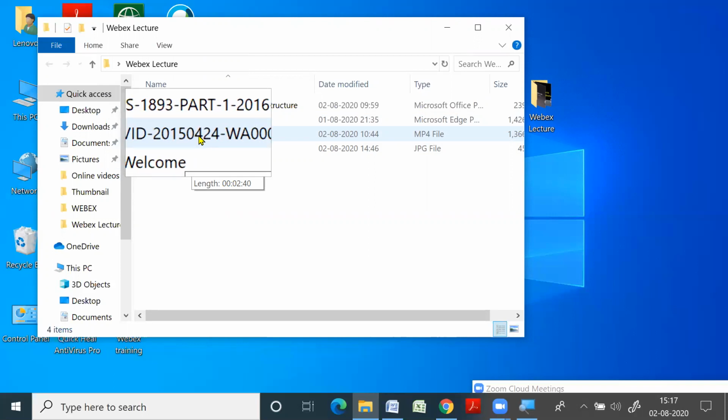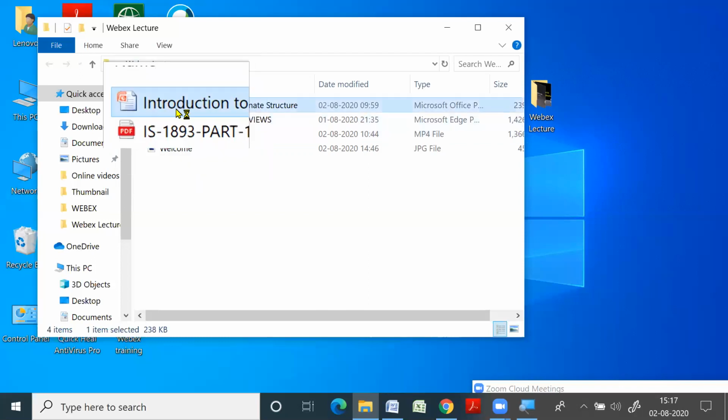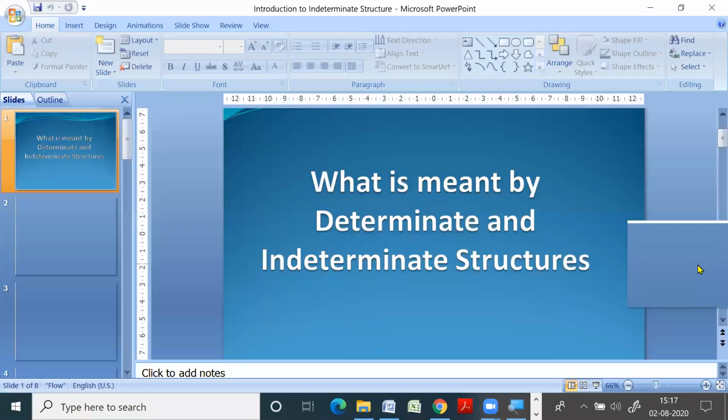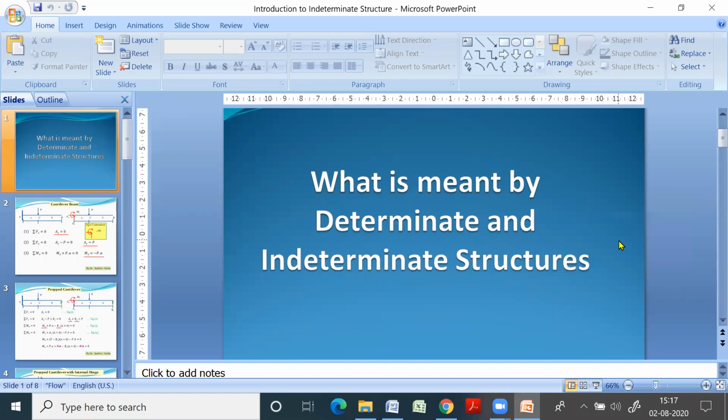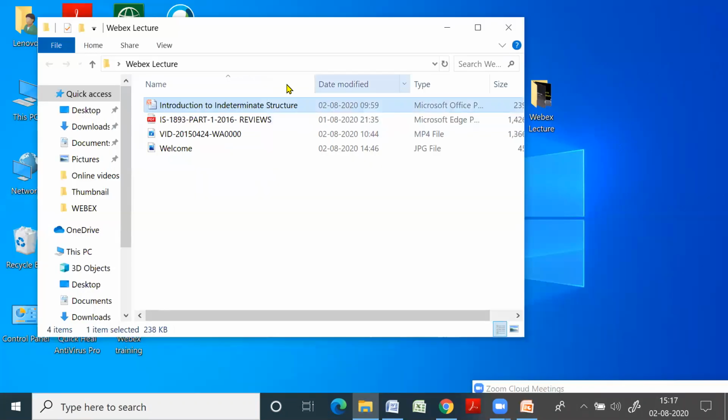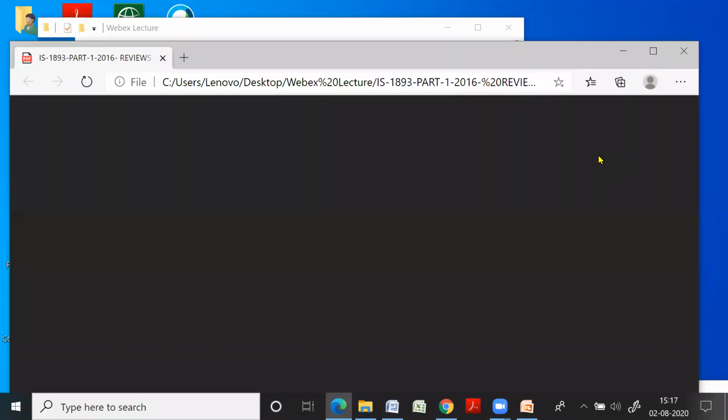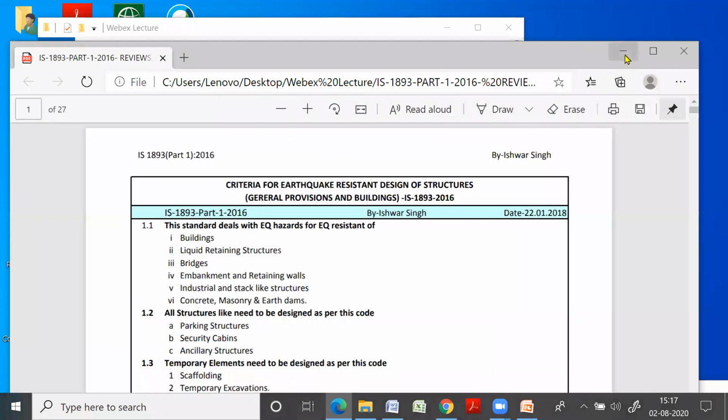So what I will do, first I will open all these files one by one and minimize it. This is my presentation file. This is one reference file which I will need.